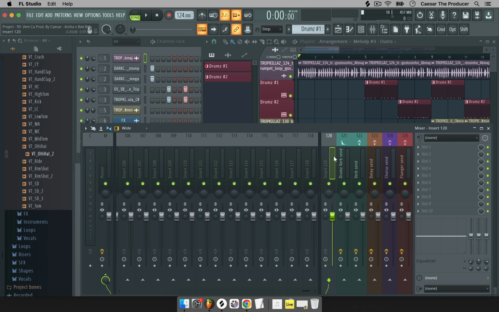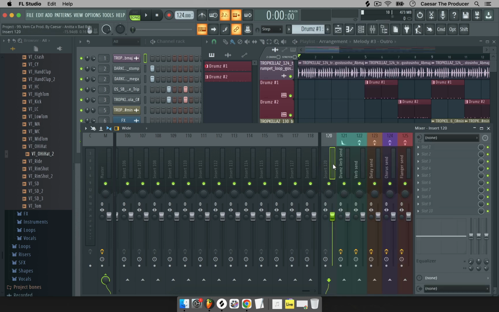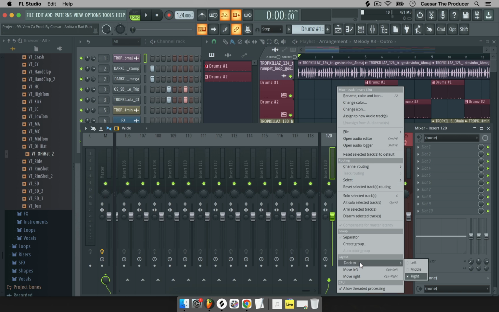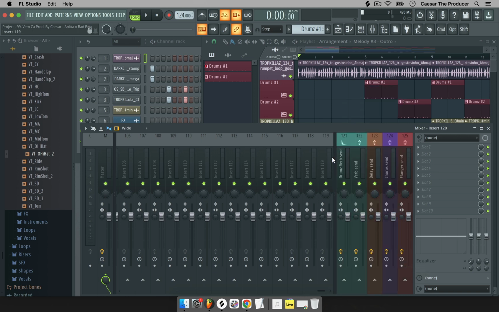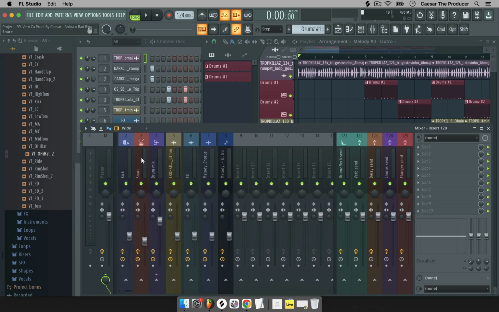You can go over there and assign an FX plugin to this one. Okay, so this one I'm just gonna move it back to the middle right now. The reason why we call them send tracks is because we're gonna be routing some of the sounds that we have here to those send tracks over here. There are about 2 or 3 reasons why we want to do it. The first one would be that